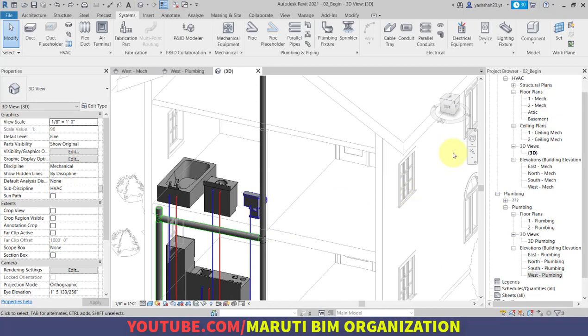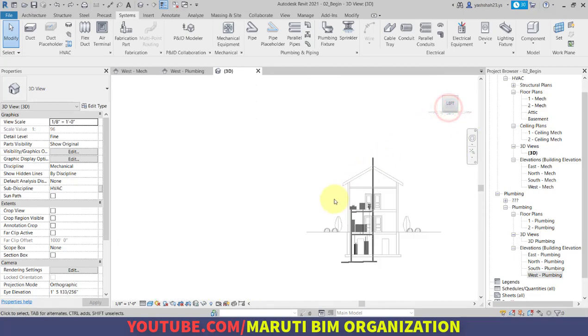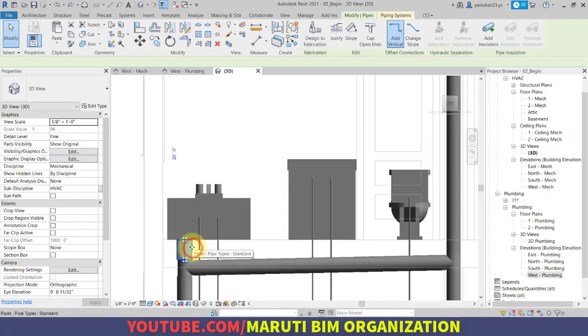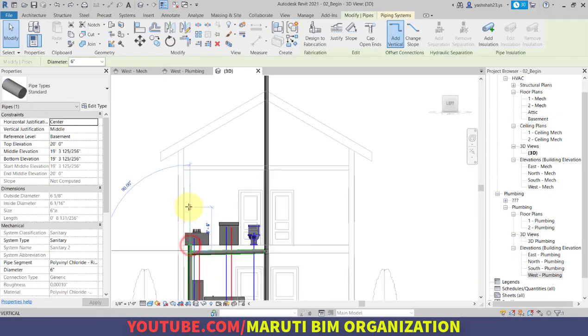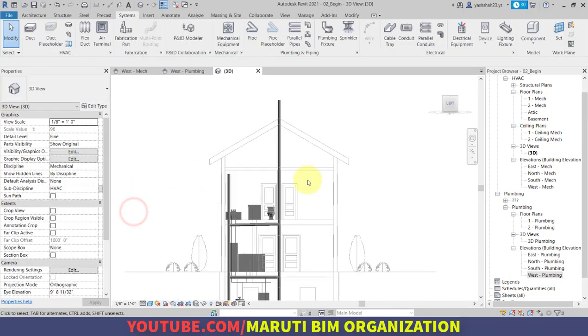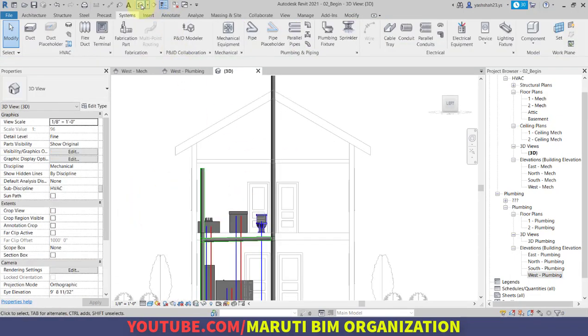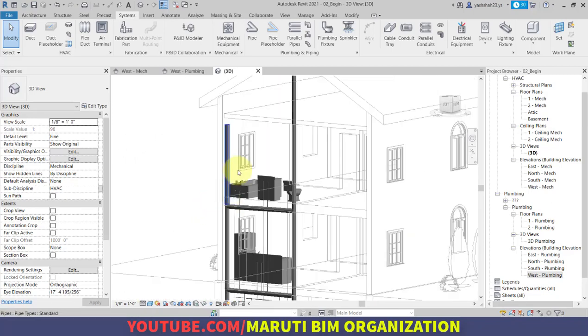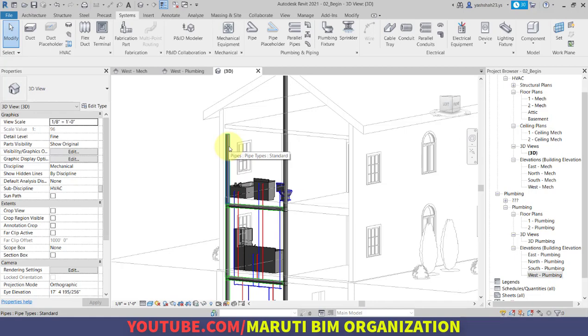So Control Z, open the left view, and now click and drag this pipe so that it is aligned properly, like this. Now if I go to the 3D view, as you can see, it has been nicely aligned and vertically offset.